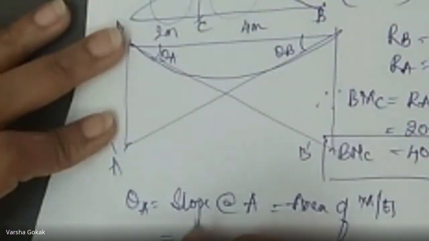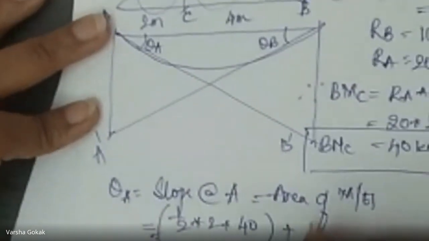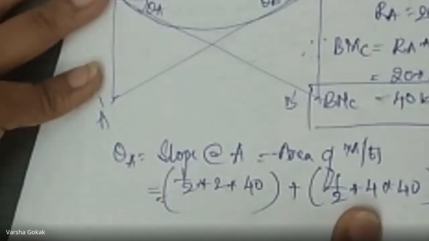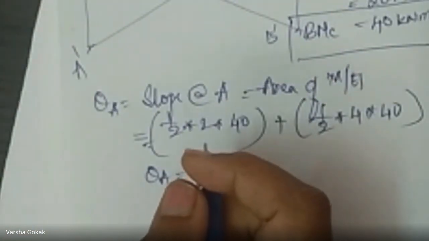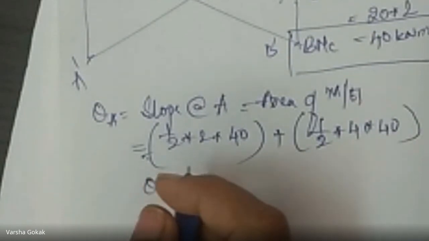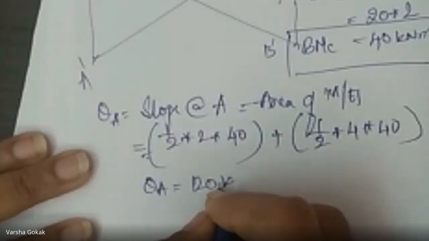That is equal to half base height 40 plus half base height 40. Once base is 2, once base is 4. What is the value of theta A? Please tell me. 120. Okay, 120